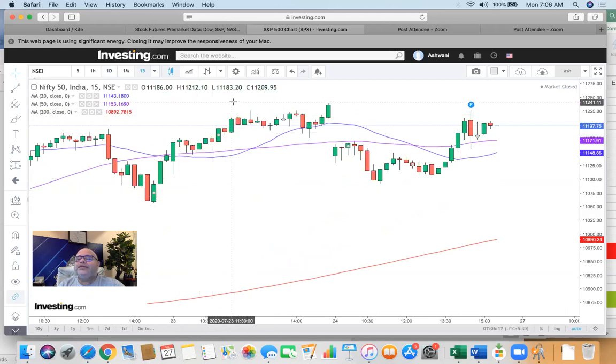The upper end is on the Nifty cash 11,240. On Nifty cash, lower end is 11,050. So this 200-point range needs to be crossed. Okay, on Bank Nifty daily,